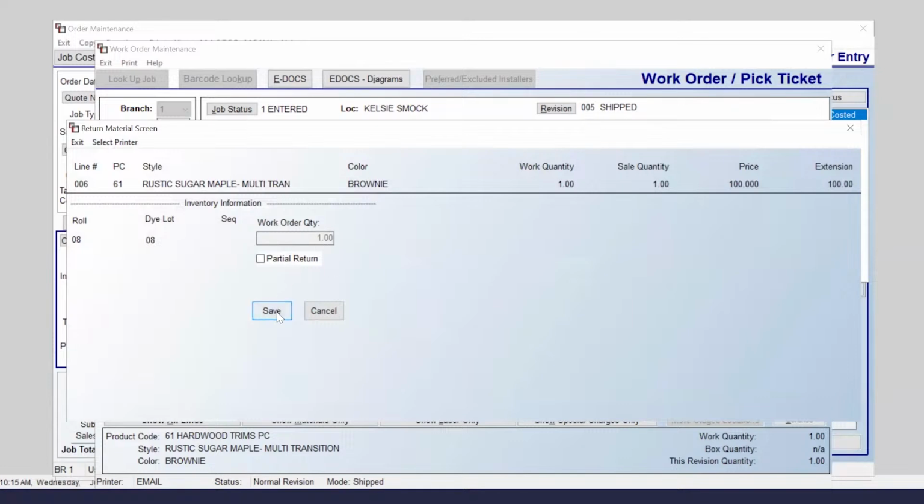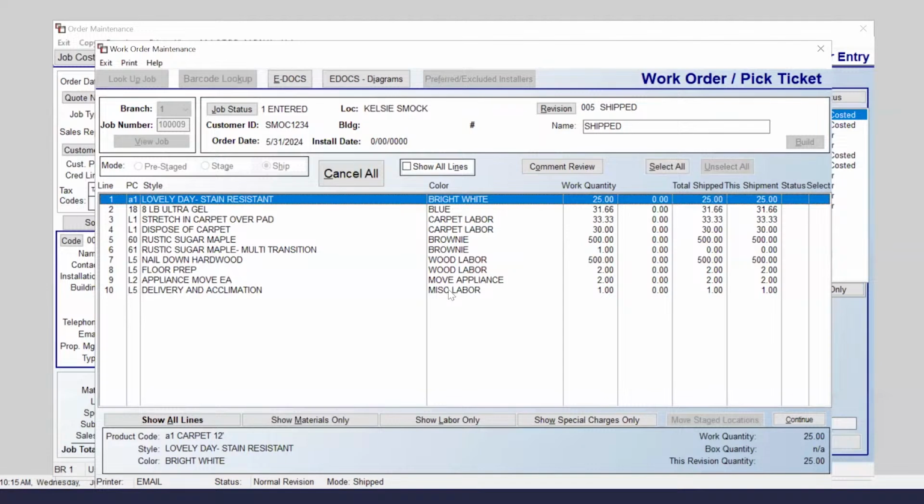I'm only returning the 1 piece. And yes, I'd like to continue. Now this material has been returned. It's no longer work ordered. If this customer decided that they want this material again, I have the ability to come back in here and